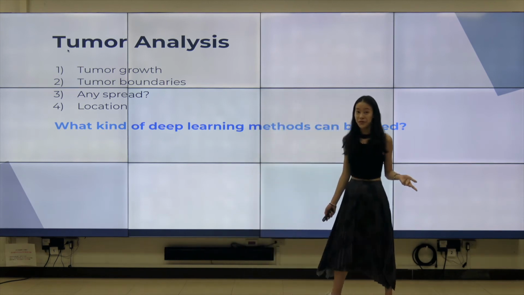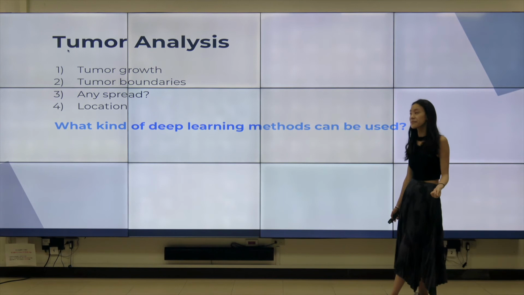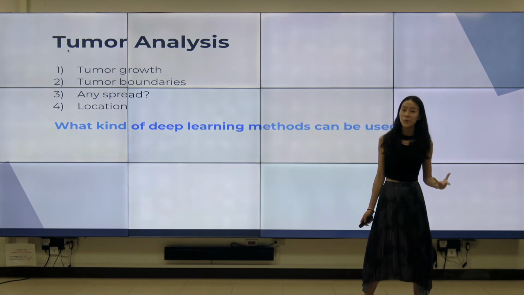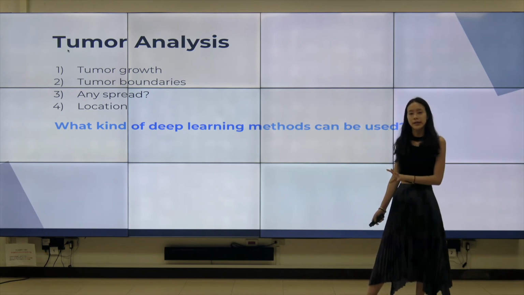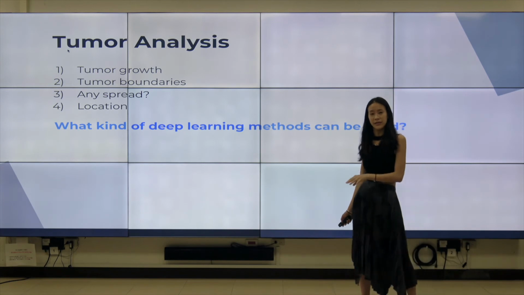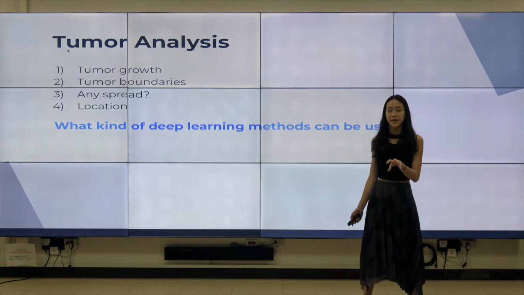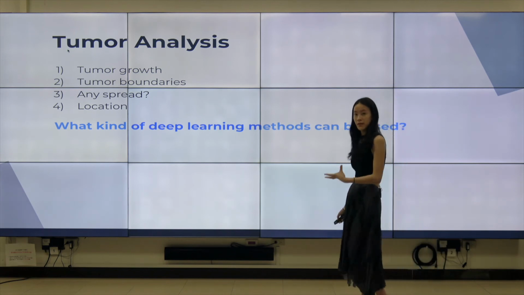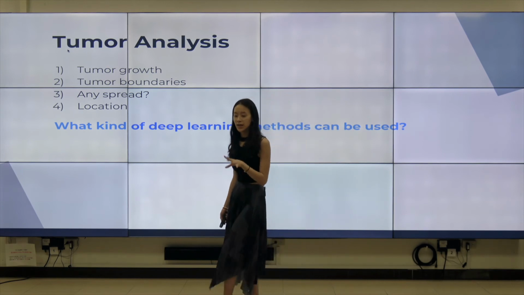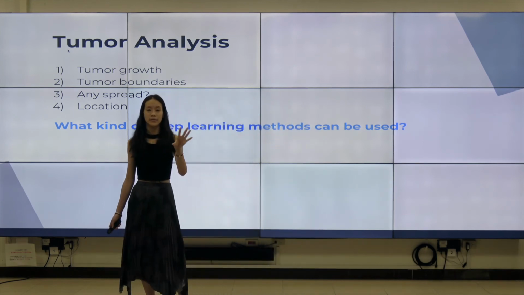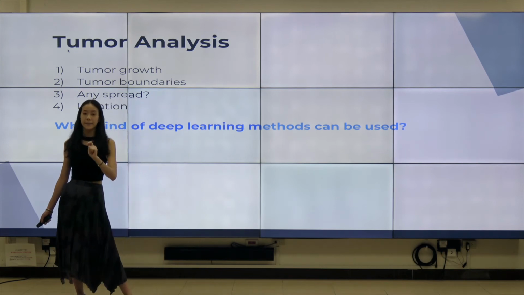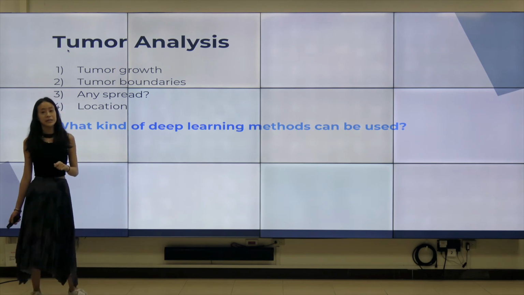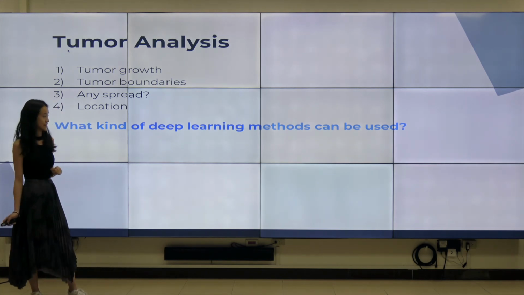First thing is tumor growth. Think about how this tumor is growing. The second thing is the tumor boundary. As we talked about before, is it distinct? Is it abnormal? The third part is, is there any spread? Do you see it in other areas of the brain, or is it just located in this one big area? And last but not least, location, as we talked about before. So think about all these 4 aspects, and based on the 3 different kinds of AI methods that we talked about in the 3 previous lectures, what kind of methods do you think can be used out of the 3 in prognosis?